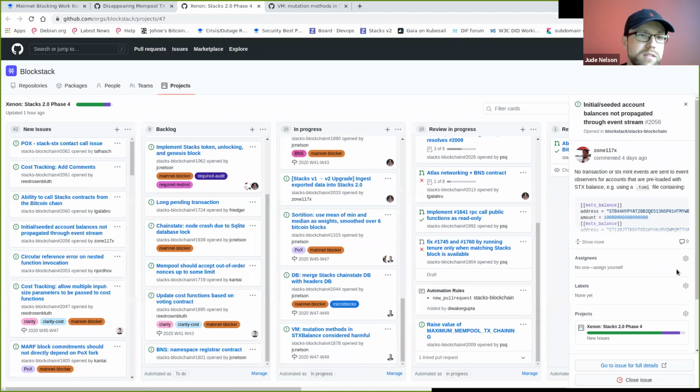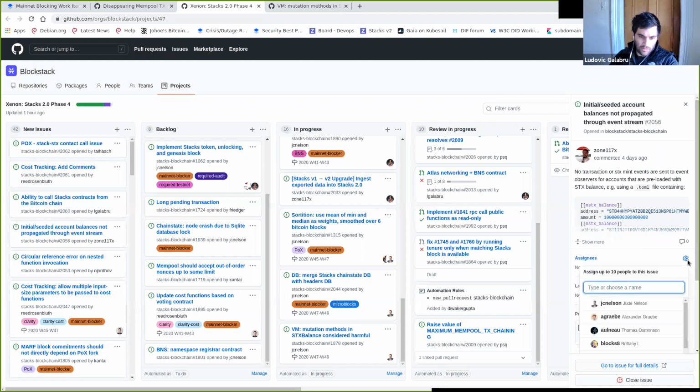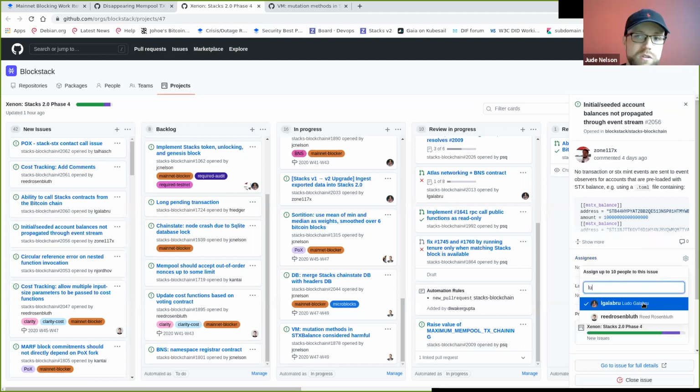Initial seeded account balances not propagated through the event stream. Is this something we will want to do? I would say almost certainly this is something that we want. Yeah. Okay. Because otherwise the sidecar has no way of knowing the initial account balances. There's going to be over 1 million of these when this starts up. Yeah. Can you actually assign that to me? I think I can take care of that with the current